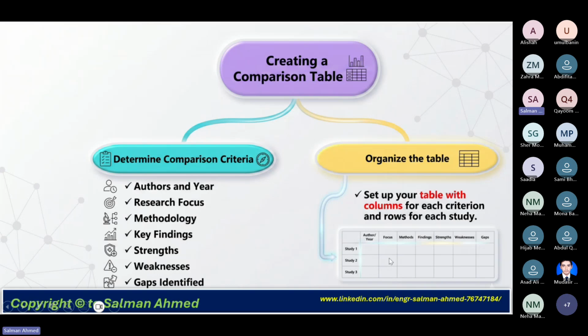After that, we write the focus of that author or researcher, what they are covering in their particular type of research, and the methods that they are focusing on, then their findings, the strengths of that work, and the weaknesses. From these strengths and weaknesses and their findings, you can write a gap. If that research is not discussing anything about the gaps, you can write it from the future work, or from the questions arising in your mind.